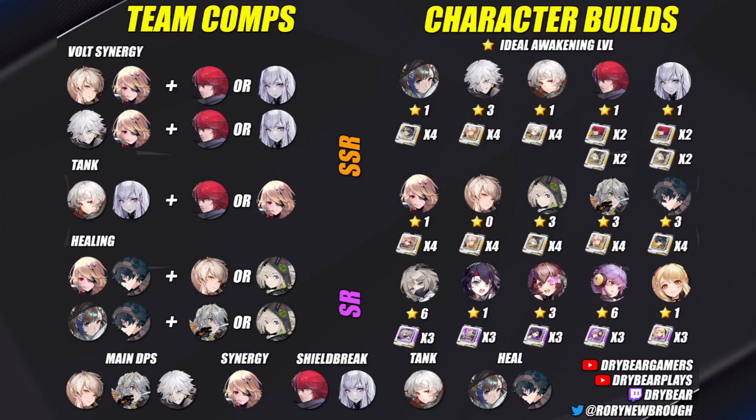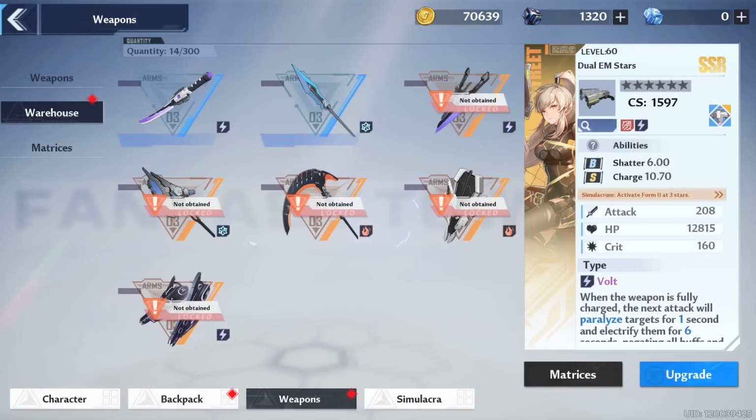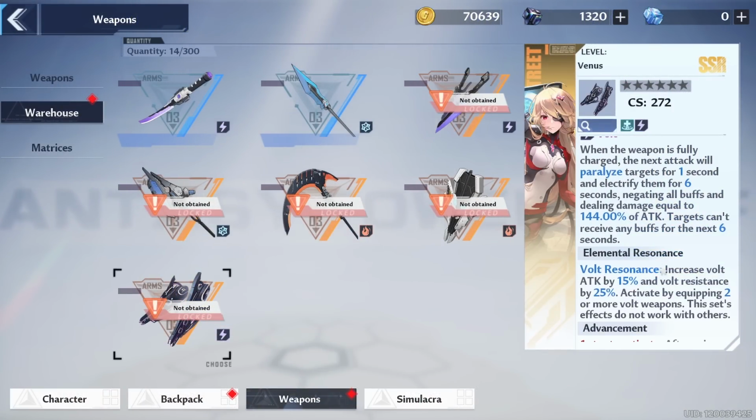And the first build, the first team comp we'll talk about is going to be the Volt Synergy. This is the best in the game right now until we get more characters and more builds. And the reason this is so good is because of Nemesis. If you look at Nemesis's weapons, the Venus on this list, you'll see that she has an elemental resonance,